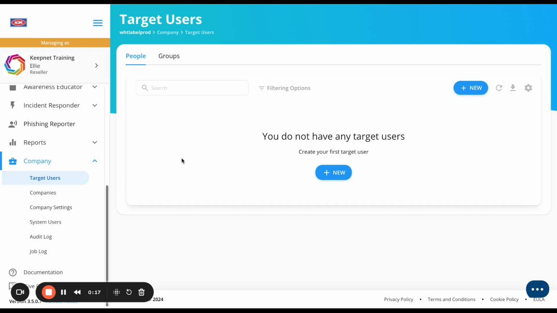To start, on the left-hand side, you're going to scroll down into Company and then click into Target Users. On this page, you have the blue plus button. We're going to click into New, and you have the option for a couple different methods. Today we're focusing on import from a file, where we're going to use a CSV file to import our target